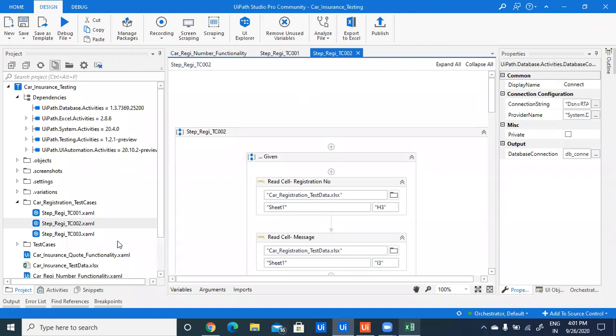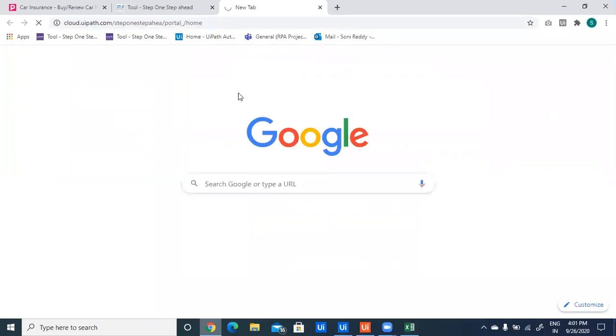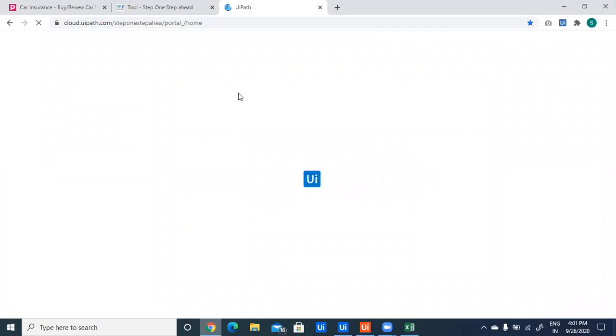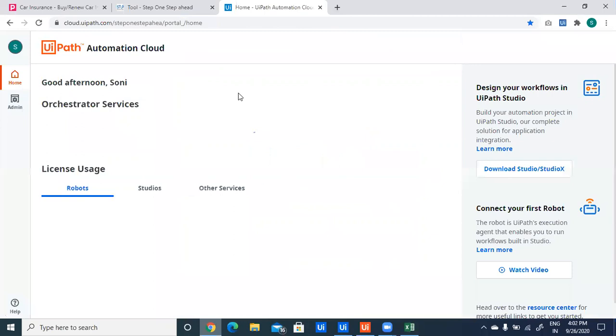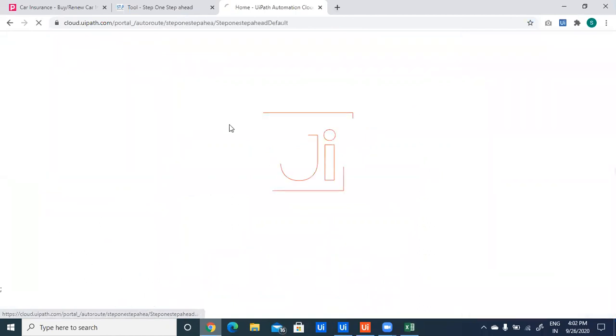To execute these three test cases for the car registration number functionality, we will log into the UiPath Orchestrator. Before that, we have to set our test cases as publishable.